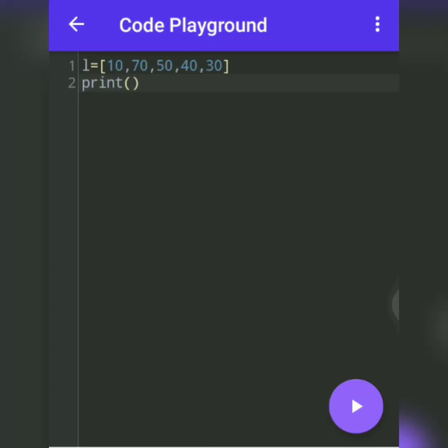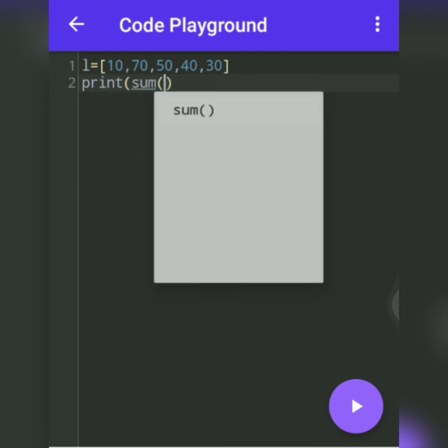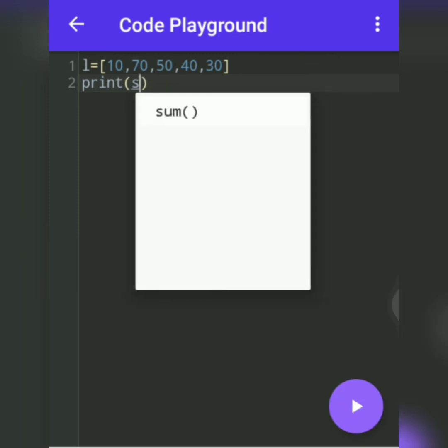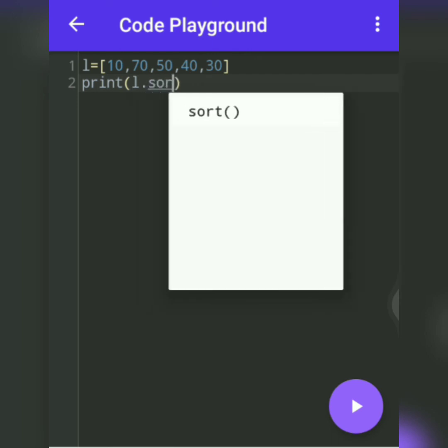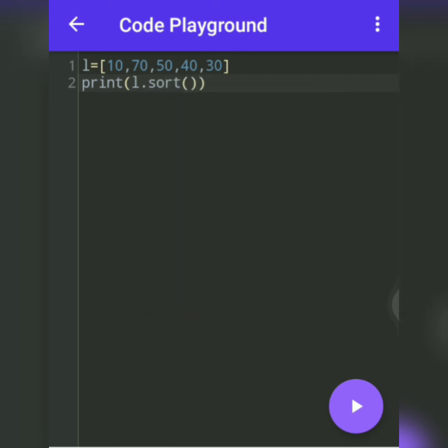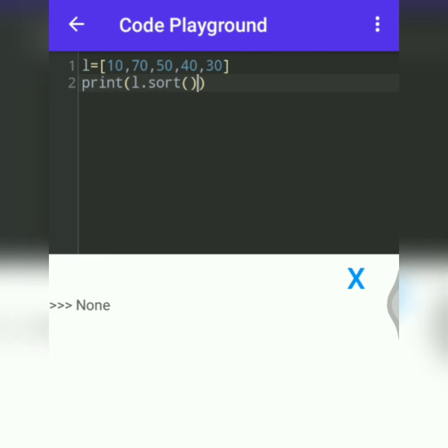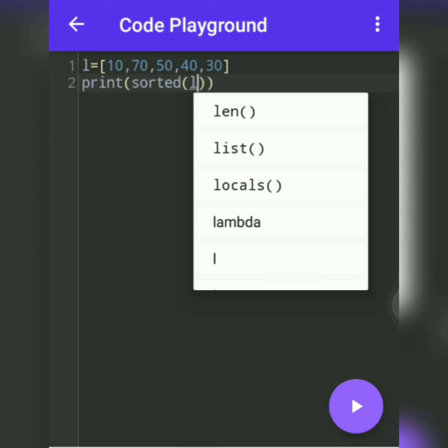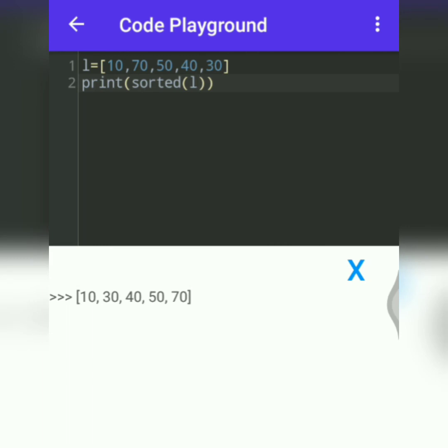Now we can see some built-in functions used in a list. Here we take a list of integer values. If you use sum on these elements, it will give you the total sum of the list. If you try sorting values, sorting means printing values from ascending order to descending order. By default, it will print in ascending order. Here we can see the output. With the sorted function, we can sort elements. Here we can see the output as a sorted list.